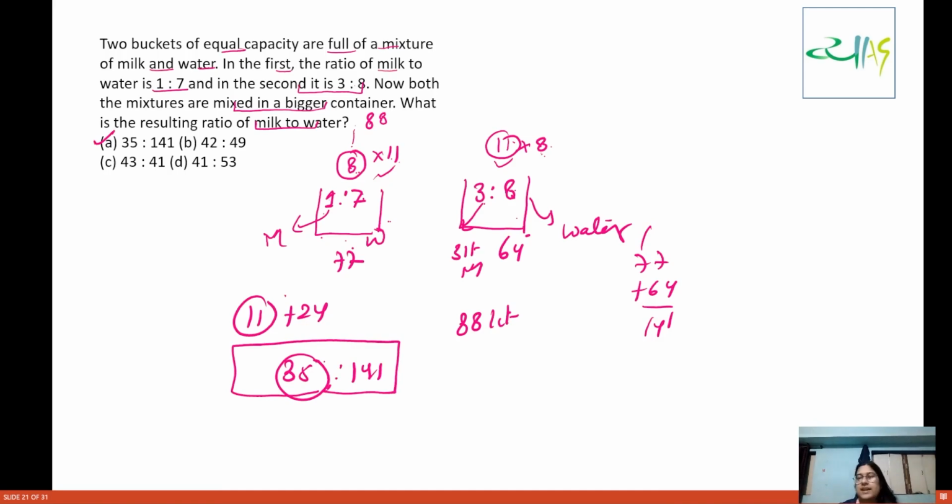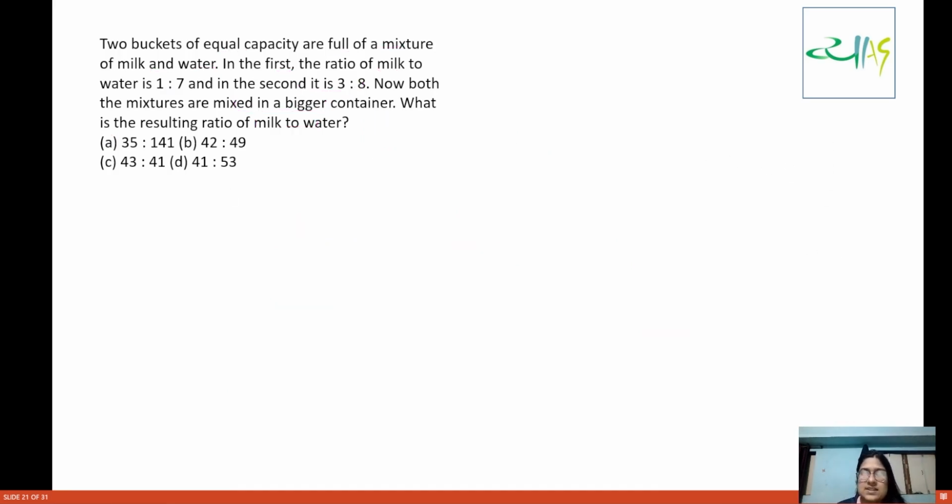See what we did here. This question is very simple. Very simple in what sense? Just do what the question is saying to you. In allegations, once you know where to shift on this number line or this method, then other questions are very simple. What it is saying, two buckets of equal capacity